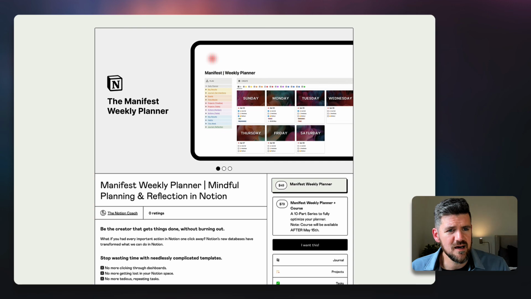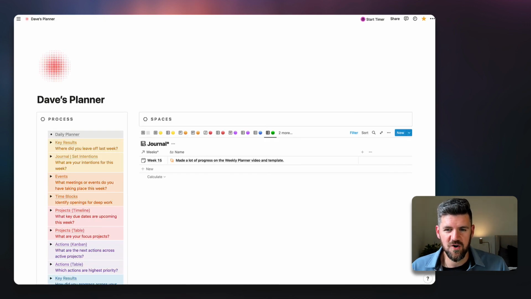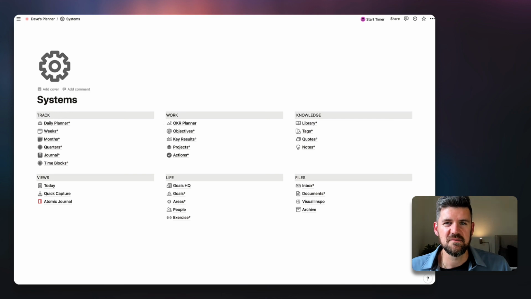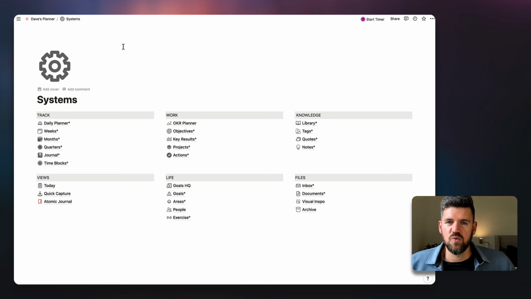So I want to open it up if there are any questions. And if there are questions, I do want to point out one last little detail, which is, where do all these databases live? From that planner, there's a space called systems, whether I'm working with clients or with creators, I like to use a similar process where we have all of our databases in one place, just to be able to know where they are and make sure that we're not losing databases or accidentally deleting them.